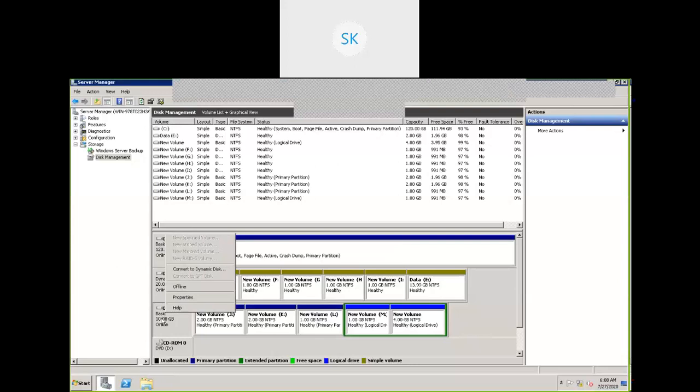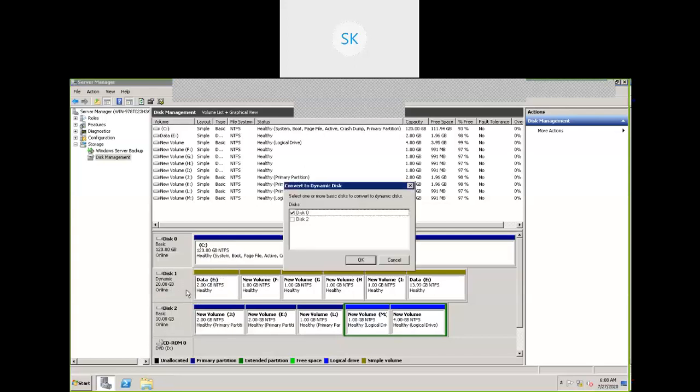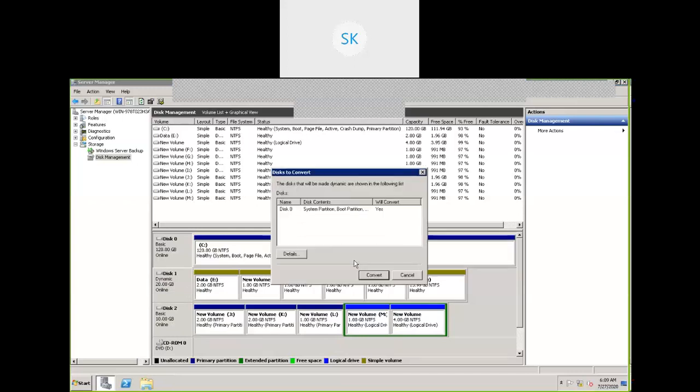There should be an option for GPT disk; when it is GPT, it is possible only with a single layout. Right click on disk 0, Convert to Dynamic Disk. If you do so, it is going to throw an error. Do you want to convert disk 0 to a dynamic disk? If you click Convert, it is going to throw an error stating that